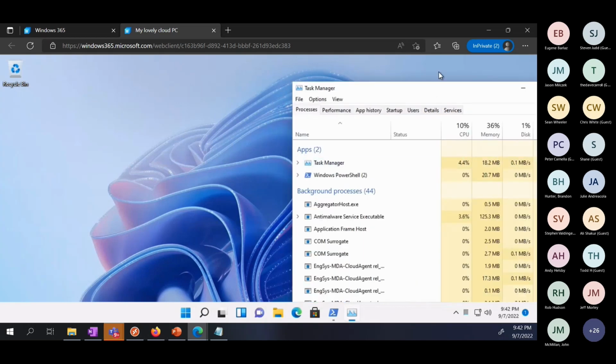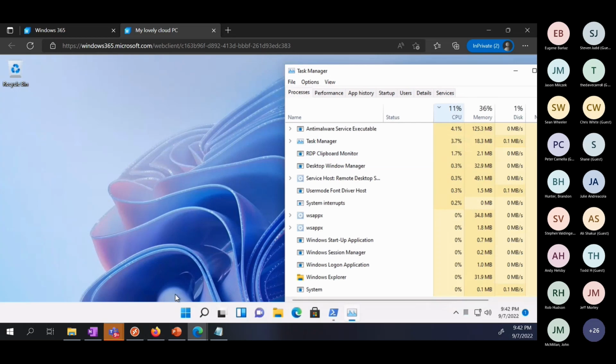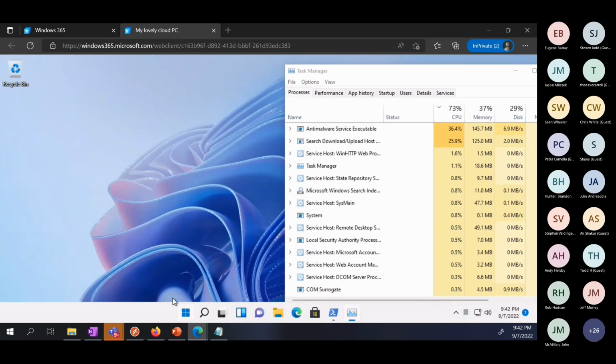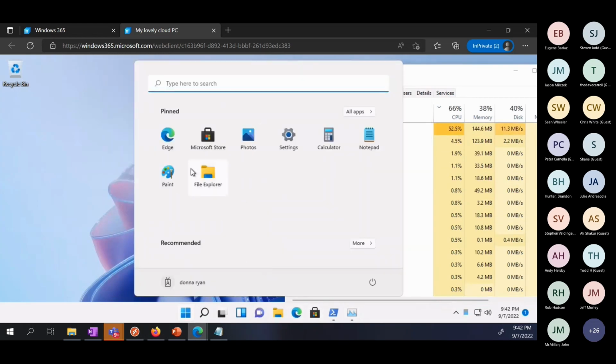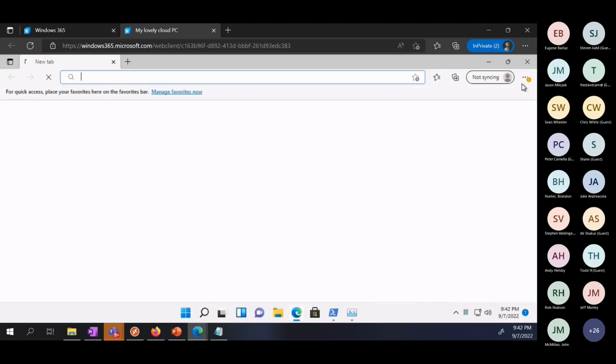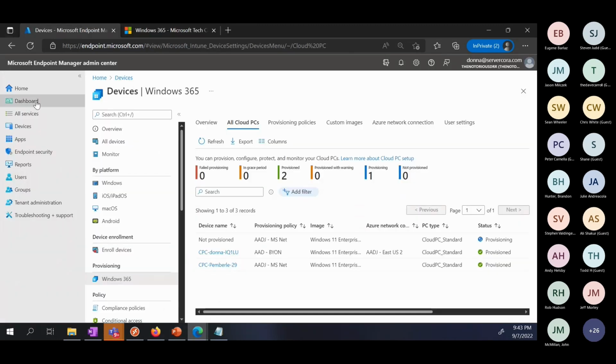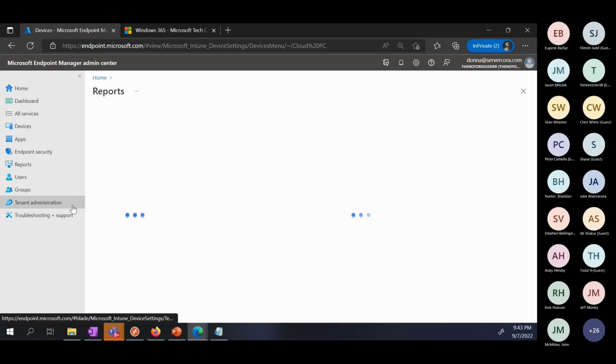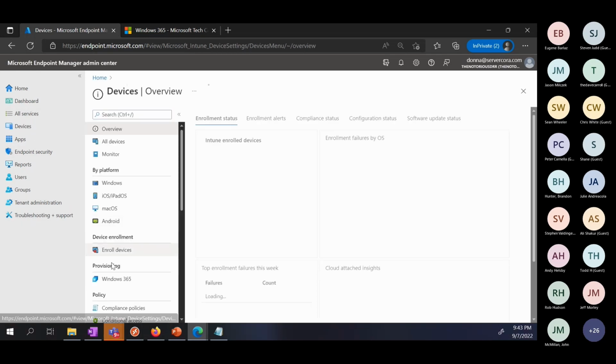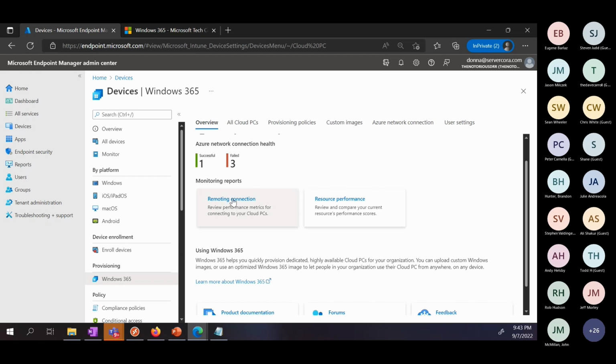From an admin perspective, say a user reports that their Windows 365 is slow or something like that. Are there metrics you can use, or, like in Graph, can I look inside there and see some reporting and metrics on what users' performance is doing? Yeah, absolutely. We do have that within reports. I think they've just put this in the dashboard. Yep. So you can look at remoting connections and resource performance.